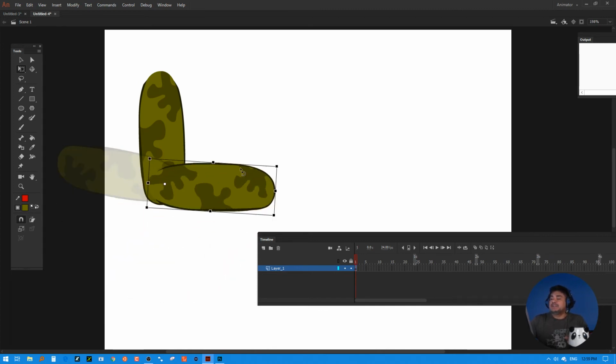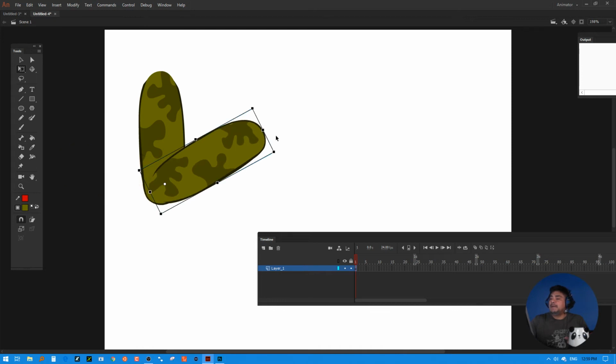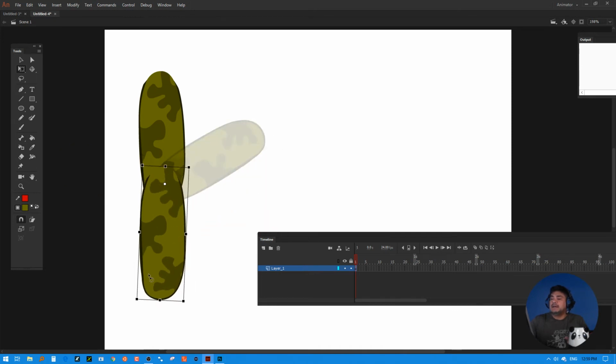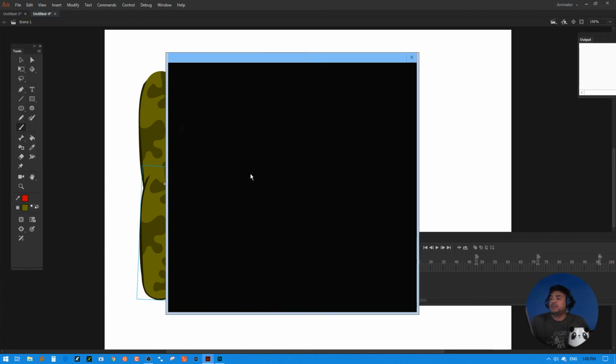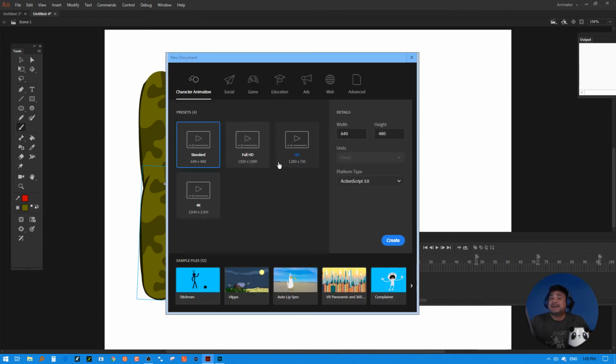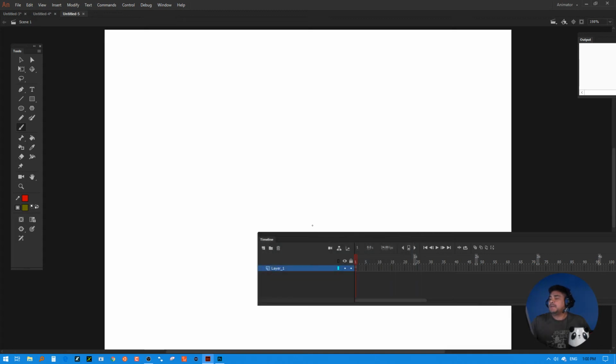Give this a shot. Let me see if I may be forgetting anything else. You know, you can use this masking technique for all sorts of things. A spotlight, you know, imagine that old Batman series where you have Batman and Robin against a wall, and then you have the mask animating itself. Very easy to do stuff like that. I'm going to show you how to do that real quick. I mean, in case you're not grasping the idea, I'm pretty sure you do, because at this point I pretty much covered all the basics behind it. So let's say